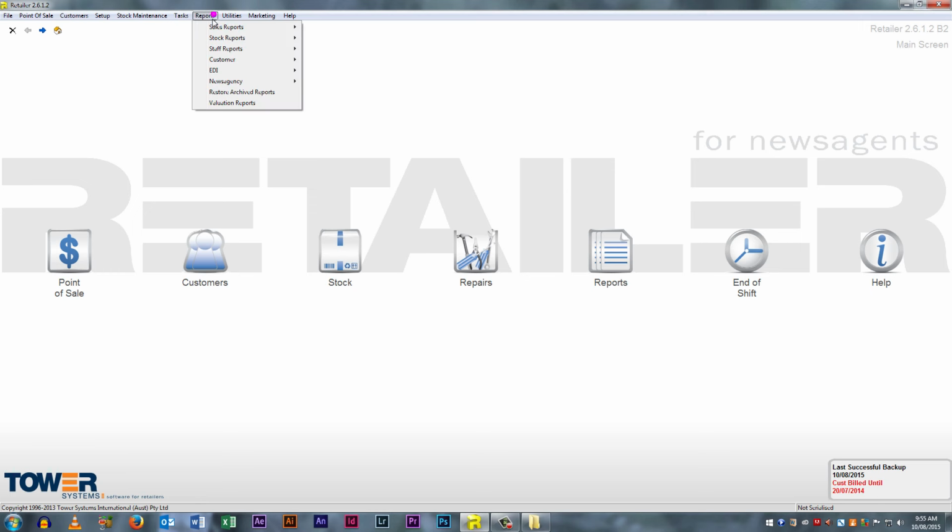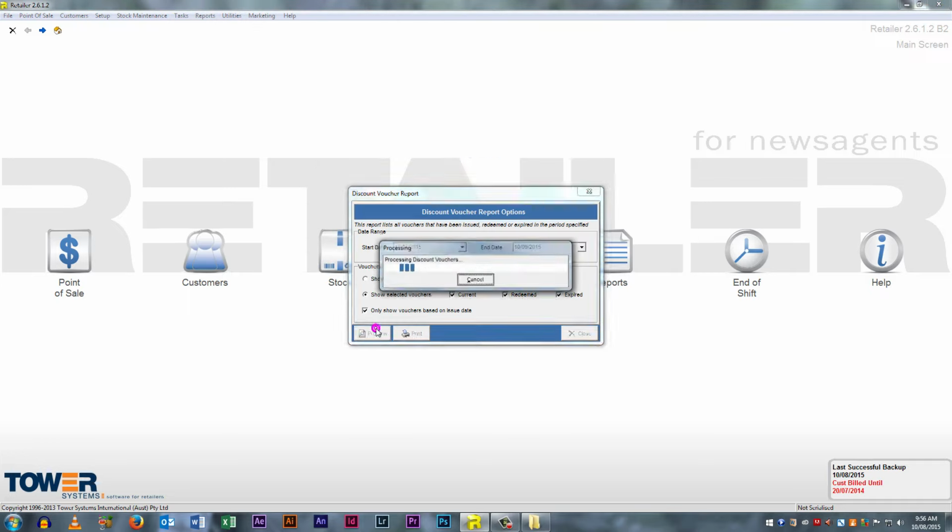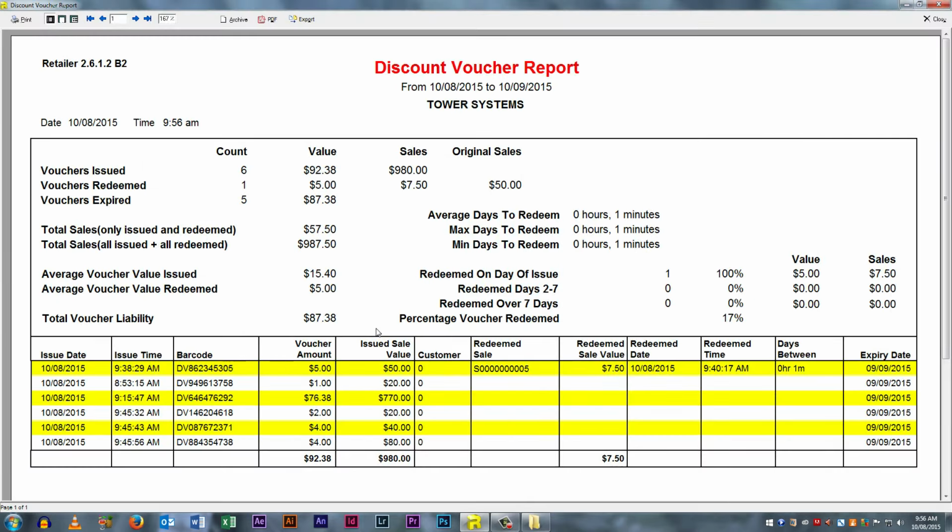And if you ever need to track the performance of your discount vouchers, all the reports can be found in Reports, Sales Reports, Vouchers, and once again, your go-to or main report that you want to refer back to is called the voucher report, from which it will present you with all the information regarding discount vouchers, how they're redeemed, how they're issued, any that have expired, all that good information that you need about the discount vouchers that have been